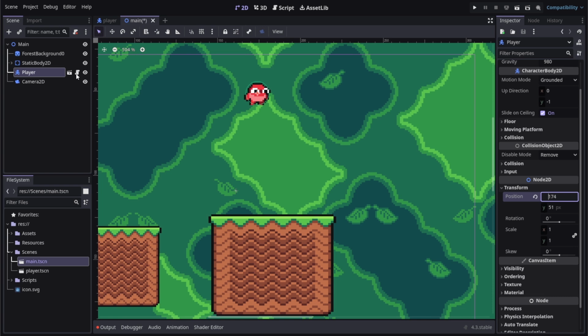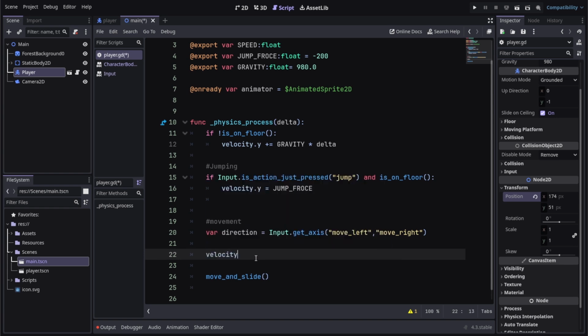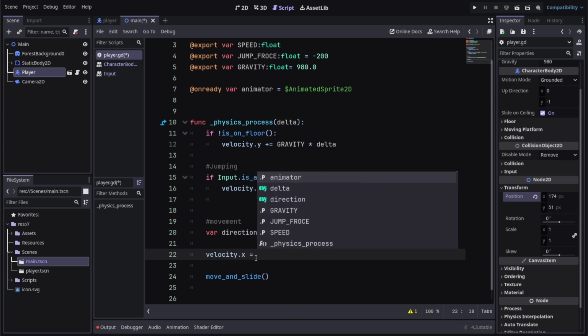So negative increment for left and positive increment for right, and it's going to return either -1, 0 or 1. That means positive or negative, and we can increment it into the velocity. I'm pretty sure you can understand what I'm saying when I do this. We can do velocity.x equal direction